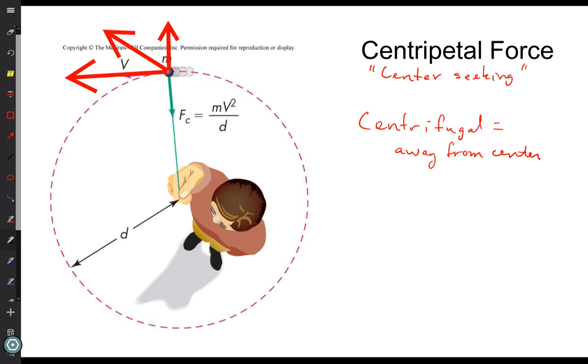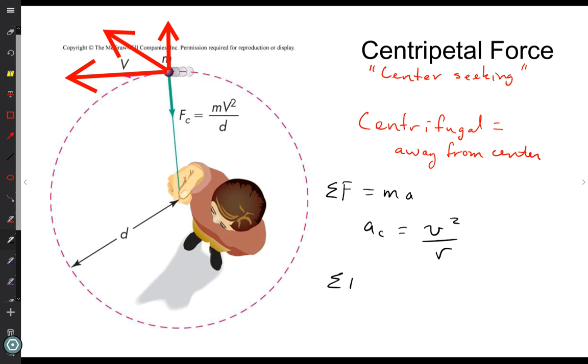But that centripetal force has to follow Newton's second law: the sum of the forces is equal to mass times acceleration. And the acceleration to go in a circle, the centripetal acceleration, is equal to the speed squared divided by the radius. The picture shows d for the distance, but we often think of d as meaning diameter. So I write v squared over r, because r usually means the radius. So the centripetal acceleration is v squared over r.